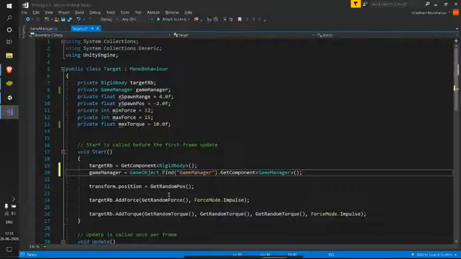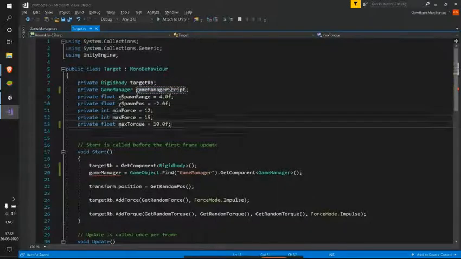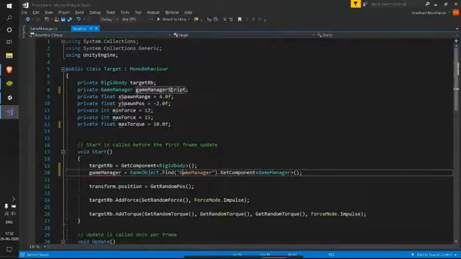Now see, using the GameObject.Find method, we have reference to the game manager, and this GetComponent<GameManager> will give reference to our GameManager script. To make it more clear, I can declare this variable as gameManagerScript, and I have to initialize that with the same name, right?